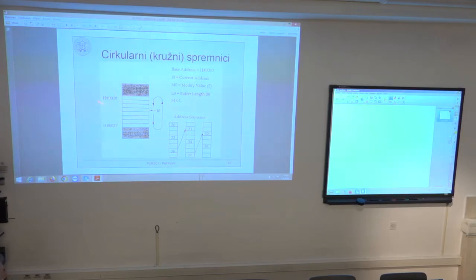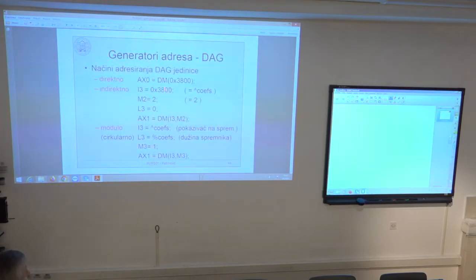of the buffer. The beginning address of the buffer cannot be arbitrary, but must be divisible with the first power of 2 larger than modulus. So for example, if modulus was 6, I desire 6 positions in the buffer, 0, 1, 2, 3 to 5. In this case, the first larger power of 2 is 8. And the starting address of the buffer must be divisible by 8. It cannot be, for example, in hexa 3801. It cannot be that, because this is only the second location in the buffer that starts with the address